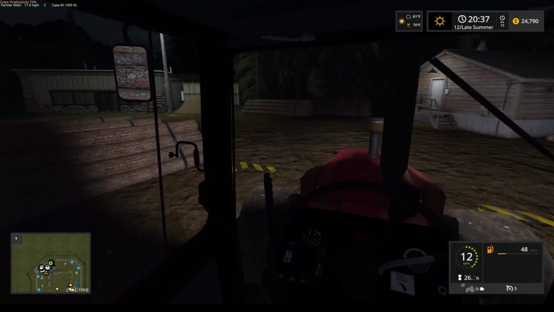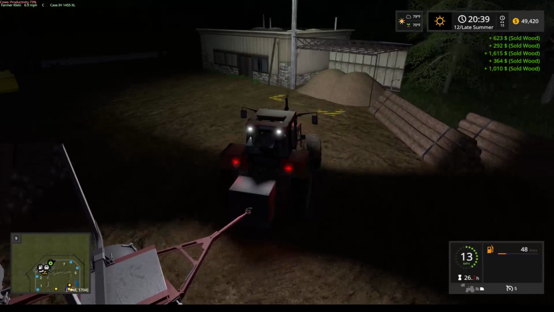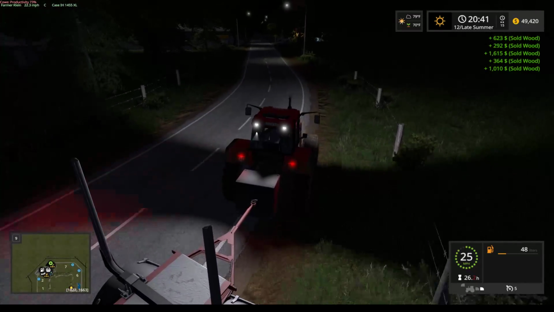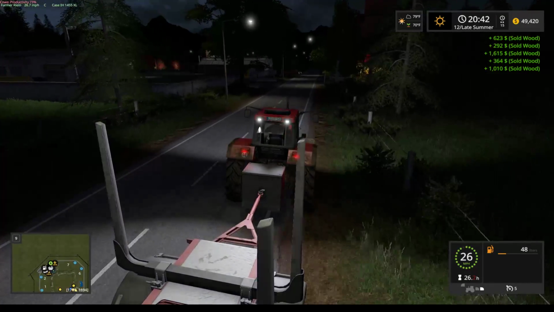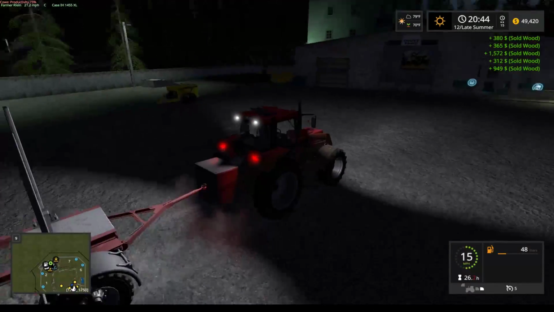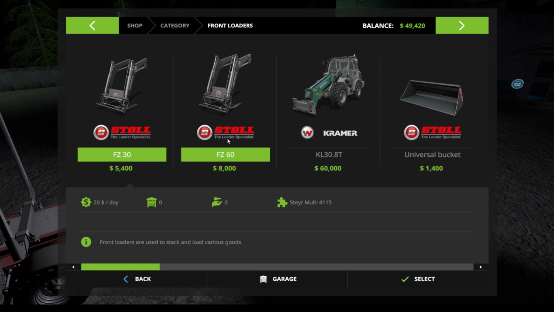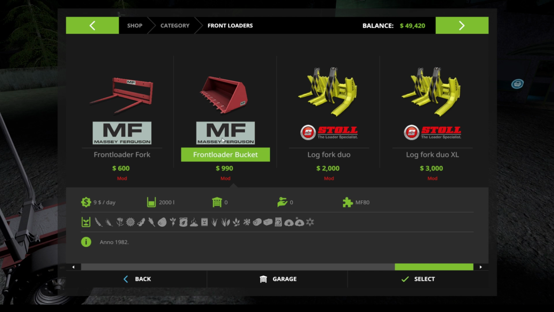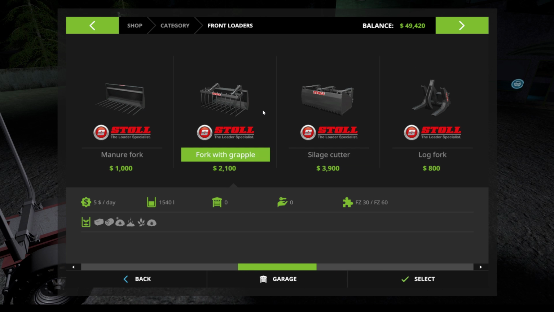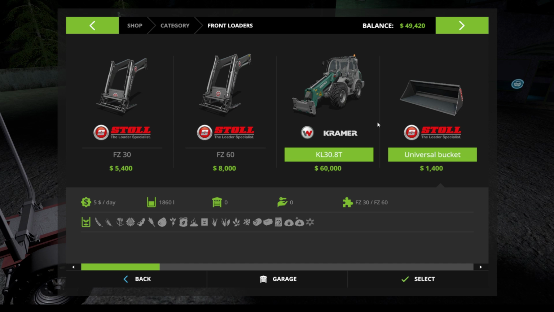Let's see if we have ourselves enough to get what we want. $49,000. That should be enough. We still have our fuel trailer down here that we need to pick up. So let's see here. Front loaders. 2,000. 1,500, 1,500, 1,200, 1,800. All right, I do not have the bucket that I want,